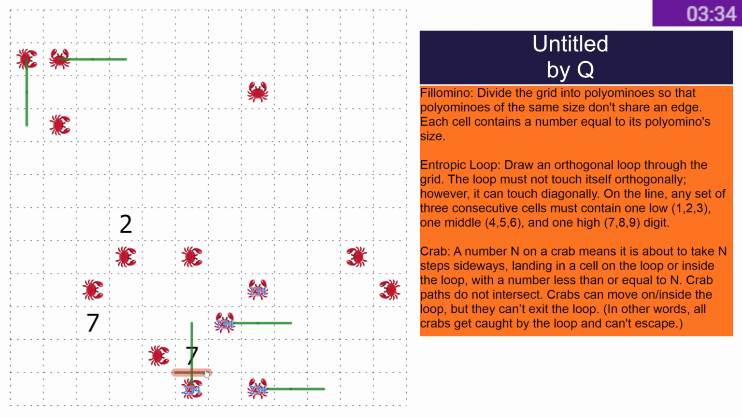So this is the point where I decide I think I want to do lines for crab movement and outside lines for Fillomino, and then colors for the loop, I think, is what I want to do. And loop, yeah, so the loop,